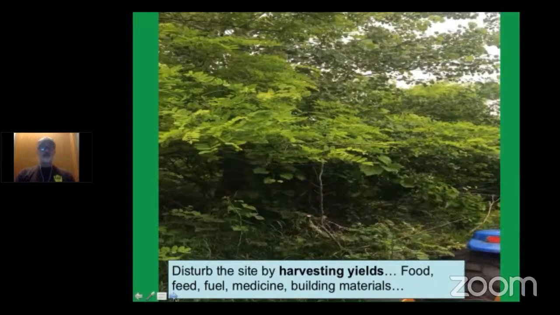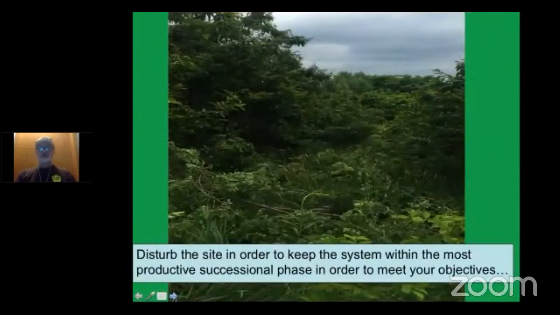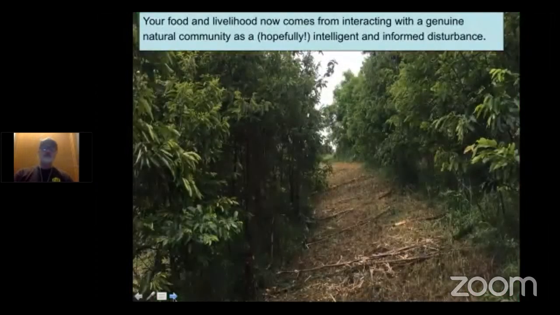And we want to keep that system within our most productive successional phase in order to meet our objectives. You might want a closed canopy forest that goes fully shade and just stays that way for another 1,000 years. Or you might want to keep it in that savanna, brushy savanna phase with grass and livestock and so on. Our food and livelihood can now come from interacting with a genuine natural community, and hopefully we're an intelligent and